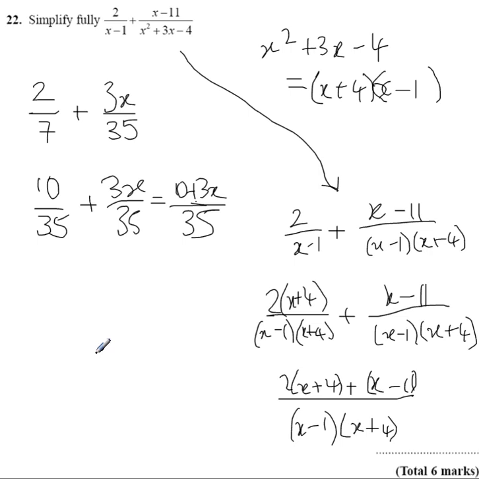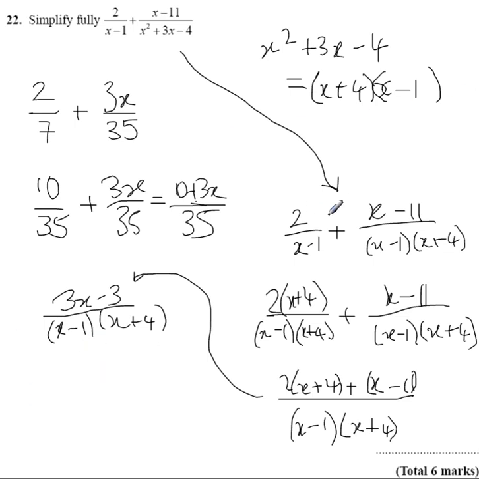And this is important. That now becomes 3x minus 3 over x minus 1, x plus 4. And I'm keeping the denominator factorized because if the top can be factorized, it may cancel with the bottom, as is often the case in this type of question. And you'll notice it's worth 6 marks, which is a hint, because 6 marks suggests there's going to be another stage. We've got 1, 2, 3, 4 stages at the moment. The next stage is to say that the top is equal to 3 brackets x minus 1 over x minus 1, x plus 4. And having factorized top and bottom, we can now see that x minus 1 is a common factor and it cancels, leaving us with our final answer, which I'll put in red,